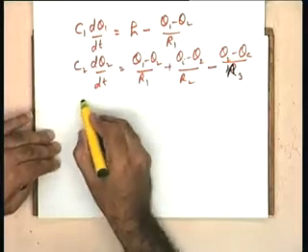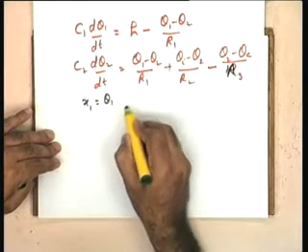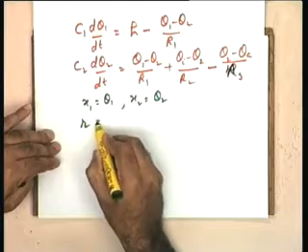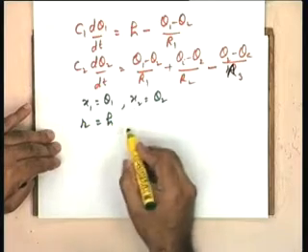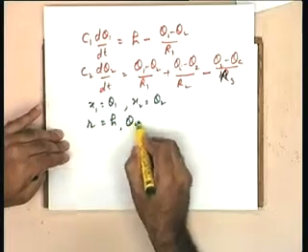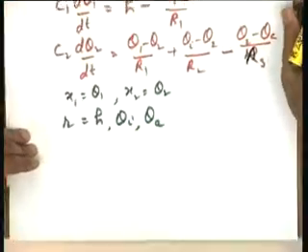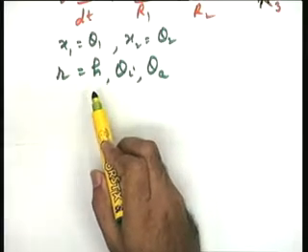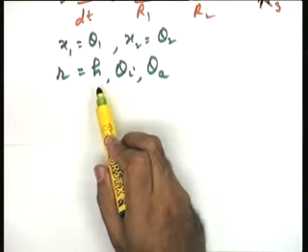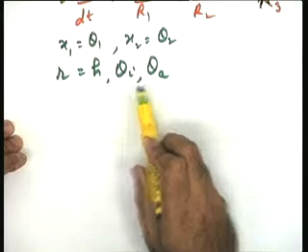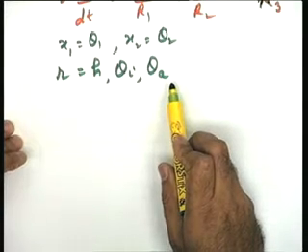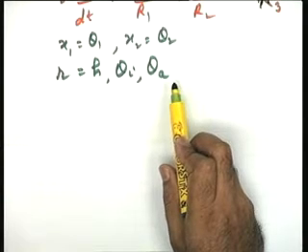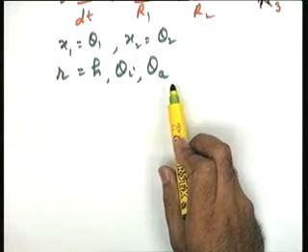As far as the state variable model is concerned, x1 is equal to theta 1, x2 is equal to theta 2, and the input variable r is equal to h, it is a vector now: h, theta I and theta a. These are the input variables. If you are interested in a transfer function model, take one input at a time. Say I am taking h. So, I will let theta I and theta a go to 0, because I am interested in the study of the dynamics of the system through transfer function, being input output formulation.